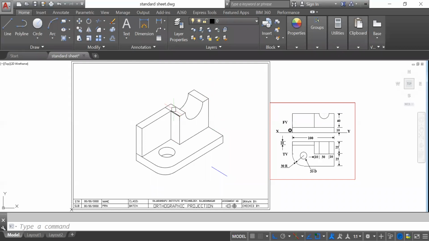Is there anything else? Look here. If you consider the front view and top view, you will get this structure: first rectangle, second rectangle, third rectangle. Then this plate is there at the back. Then there is a hole, and then this one is a rectangle. If you consider this particular one, the front view is this shape, this rectangle and this rectangle. That's it. So we will stop here for this particular diagram, and we will take